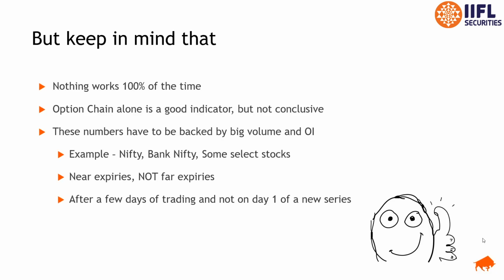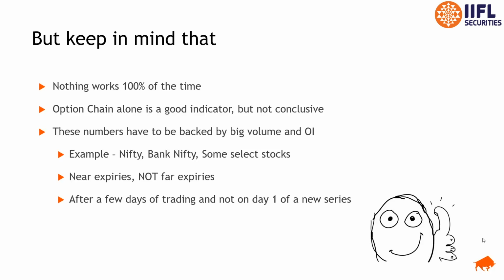On, let's say, a Wednesday when tomorrow is an expiry, it may mean something because a lot of trading has happened, a lot of open interest has formed. So you have to look at open interest after the open interest gets formed a little bit, that is, after some trading has happened, not very early on in the series. By that I mean, some calls have to be traded, some puts have to be traded,